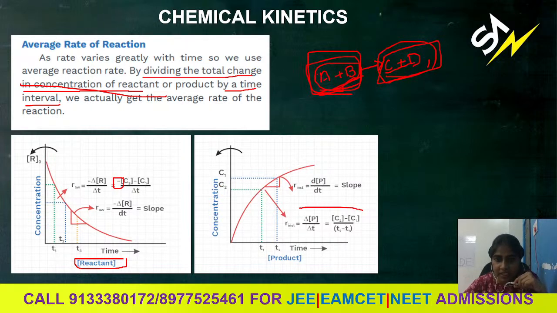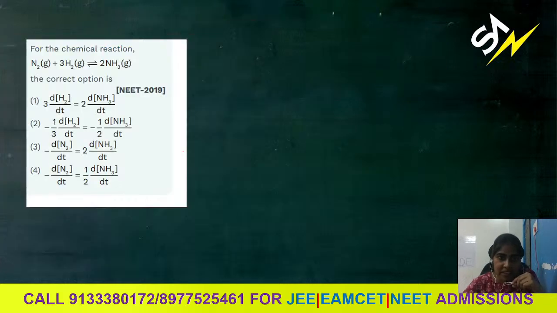See, this is the rate. This plus sign denotes the concentration of the products will be increased. And if we observe a question: for the chemical reaction N2 gaseous plus 3H2 gaseous gives